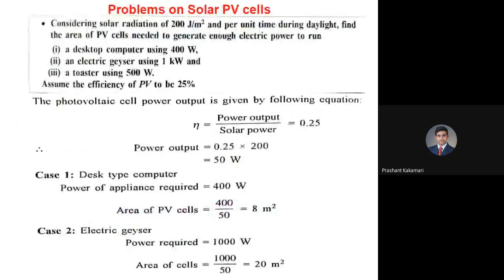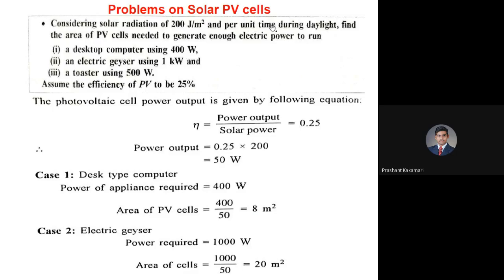So now we'll take the first numerical. Considering the solar radiation of 200, here in the problem you can see joules per meter square is given. To convert this into watts, joules per second, you are going to multiply 200 by 60, so that will turn into a very huge value. So we'll keep this 200 joules per meter square as 200 watt per meter square only. That first correction you can make: 200 watt per meter square you can consider, and per unit